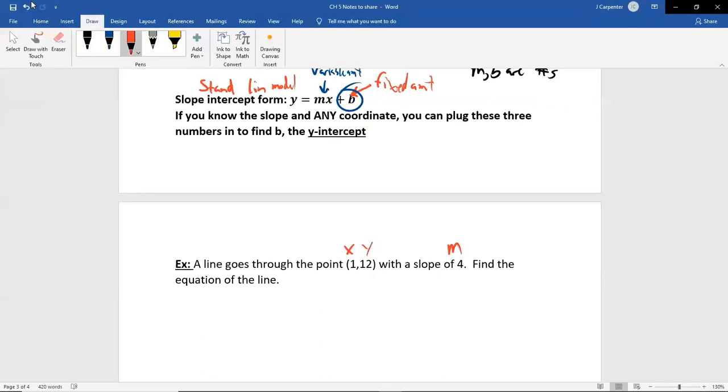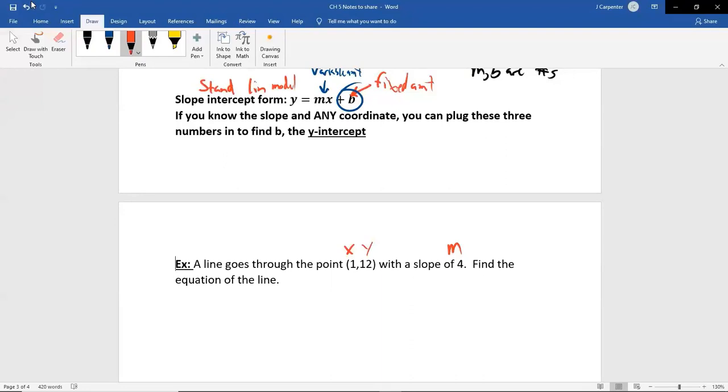Just accept it. Now, what this also means is I could say, when x is 1, y is 12. That's one thing I could say. And if x and y had some concept, like x is a number of tickets and y is a cost, then I could say that every ticket costs $4, or tickets are $4 per ticket. That would tell me the slope. Even though I didn't use the word slope, it tells me the slope because it's a per, and per is slope. Anything that's per is your variable amount, and your variable amount is slope. They're all one and the same.